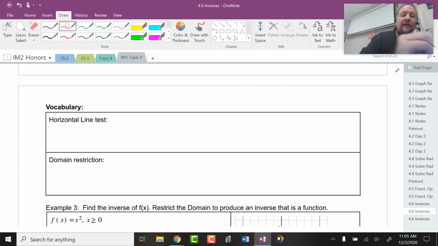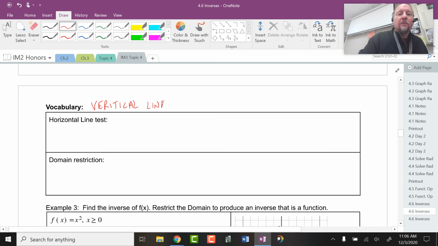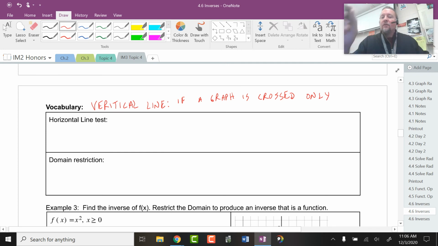So I actually said this last hour a little bit earlier. Before this situation here, I'm going to prove this thing. What does the vertical line test do? If a graph is crossed only once, and then this will help Jack because he had a tough question. He had to think a little bit. Is this a function or are there any repeating x's? If a graph is crossed only once,